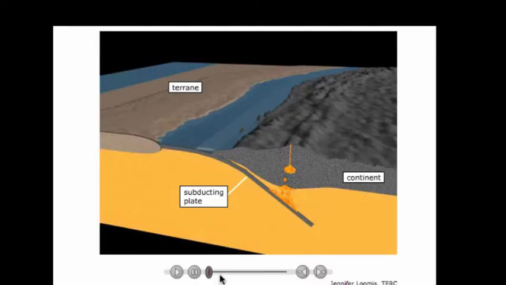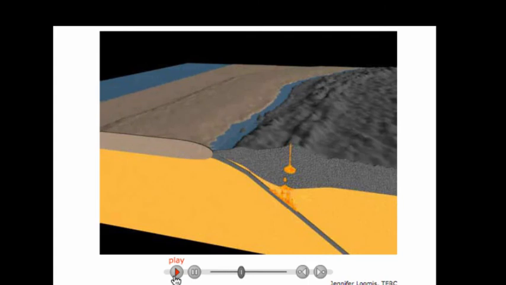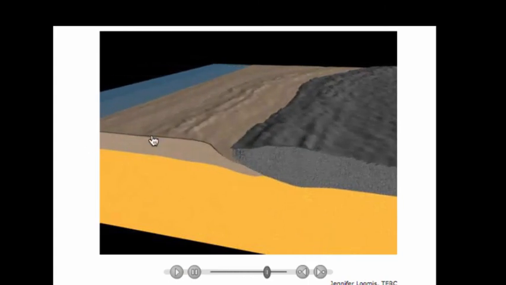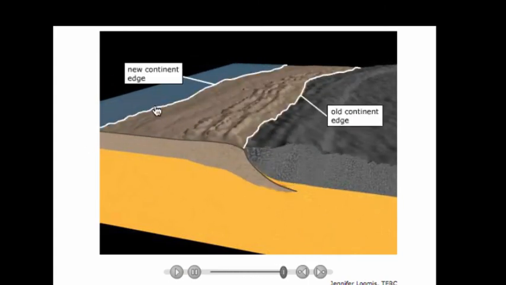This is an animation that's actually from Exploring Earth to show you how continental accretion occurs. So this would be like an island arc, similar to Hawaii, but instead of smashing in somewhere else, it would be smashing into our west coast. And this is exactly how we have gotten bigger land masses around all continents around the world, certainly around North America. So as it gets pushed in by an MOR somewhere over here, a mid-oceanic ridge, that pushes this plate